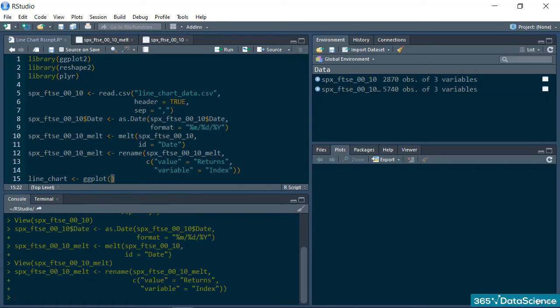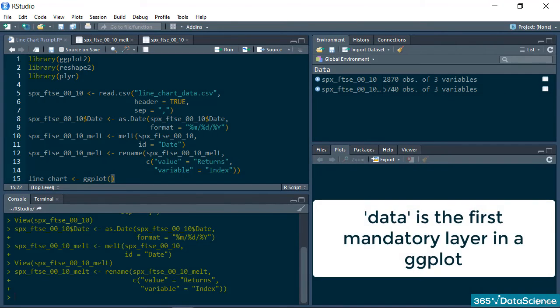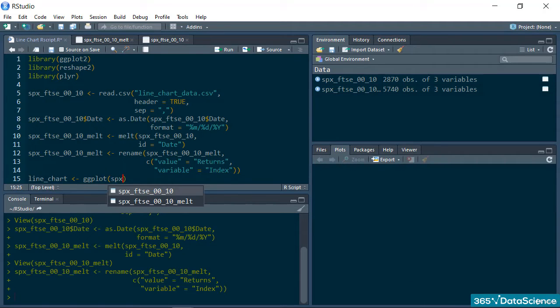Cool. The first argument is always the data. Hence, we supply the melted data frame, now containing the values for the S&P and FTSE indices in a single column. Okay,